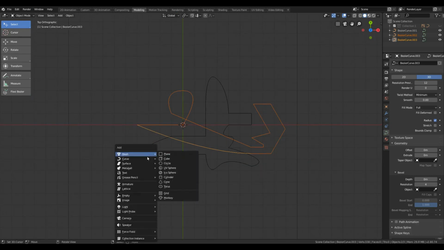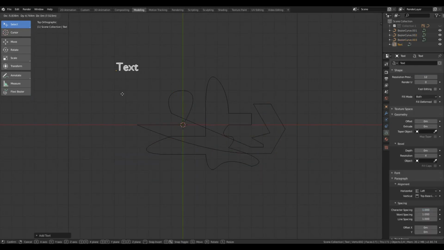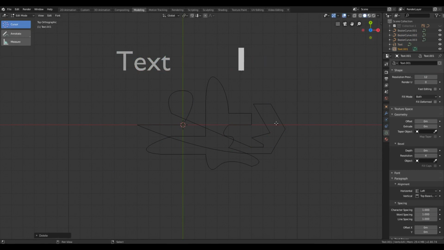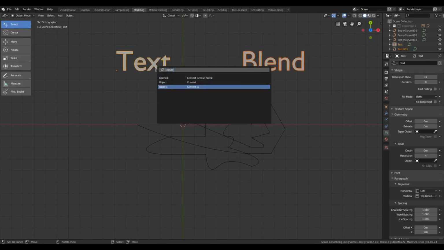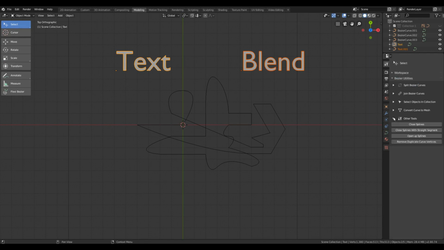Let's try this with text curves. I'll convert these to curves. I just open the splines so that we can experiment connecting individual splines within the curves to each other. This Open Splines tool is also part of the Bezier Utilities toolkit, so you will get it by default by installing the add-on. It simply marks each of the splines within the curve as non-cyclic. So we now have these two curves with multiple splines.